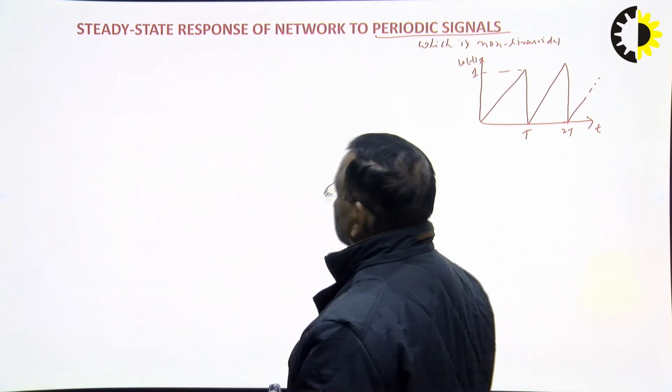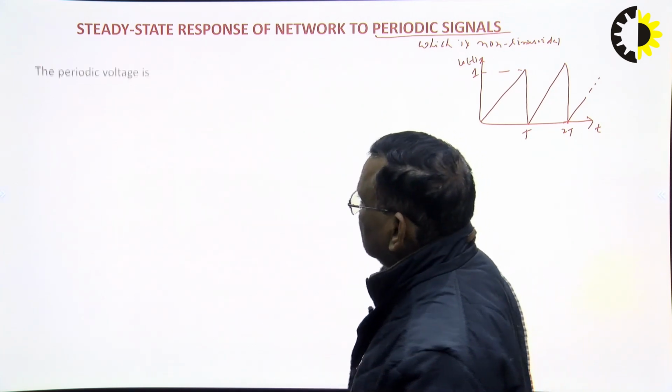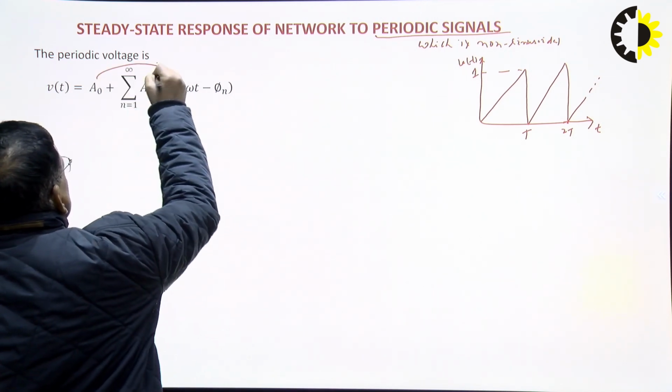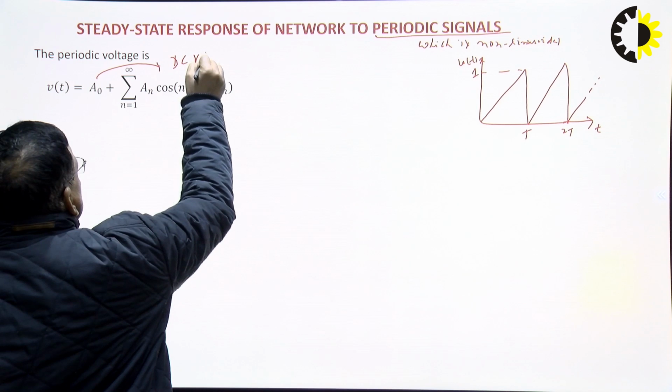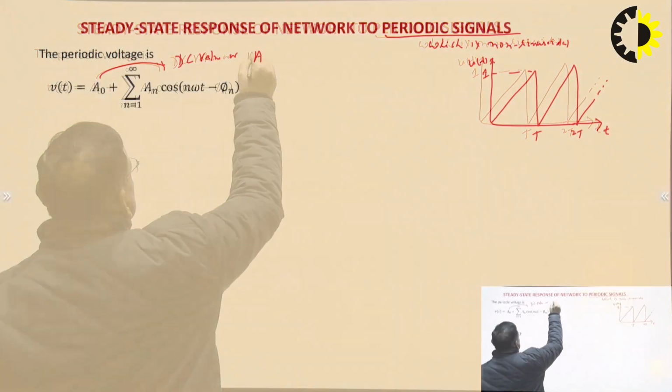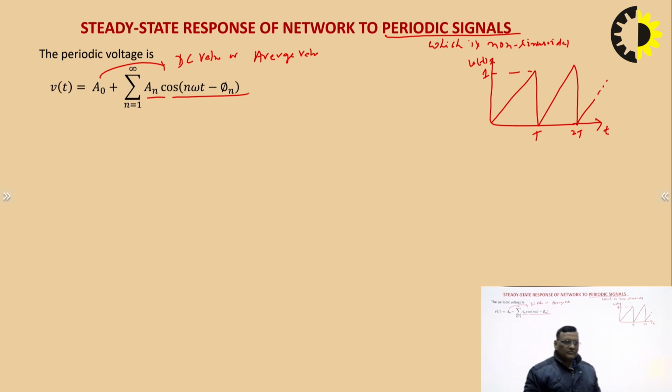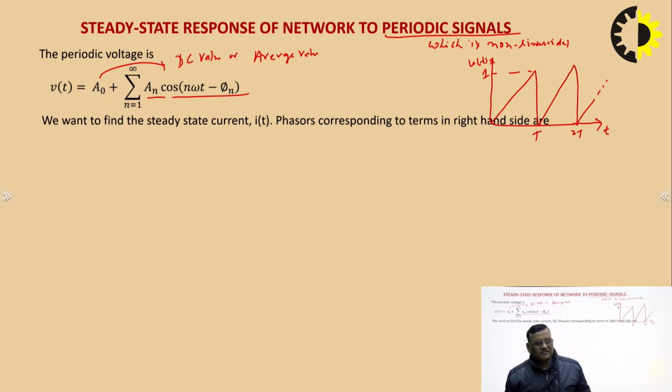Here we take the help of the Fourier series. This is the given periodic voltage. This is the DC value or average value of the given voltage source, and n goes from 1 to infinity. This is the amplitude and the function of the voltage source. So this voltage is applied to any RLC circuit or RC circuit, and we are required to find the current,